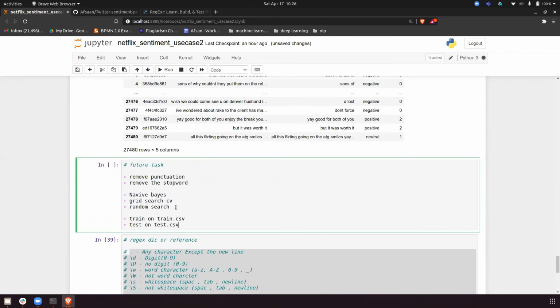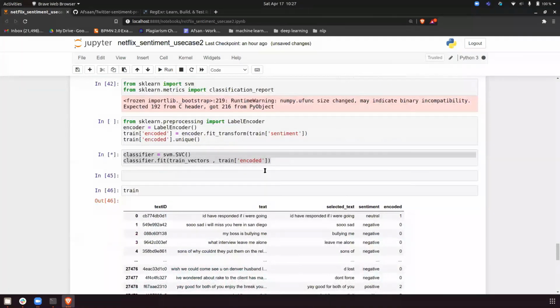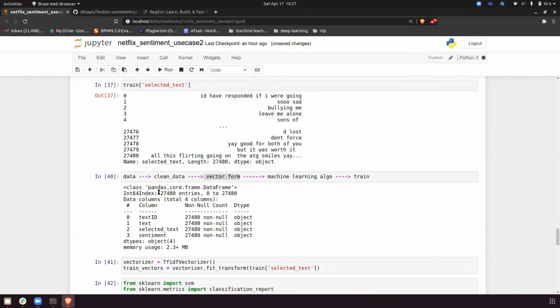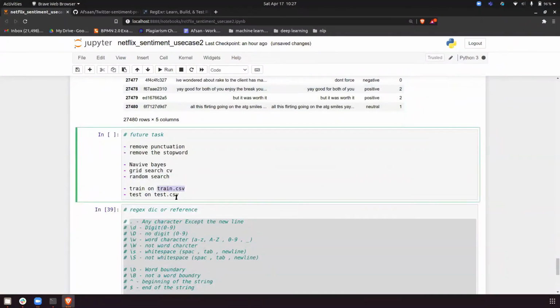Basically, I've only worked with train.csv every time. I have not considered any test.csv. So you have to consider this for the future task.